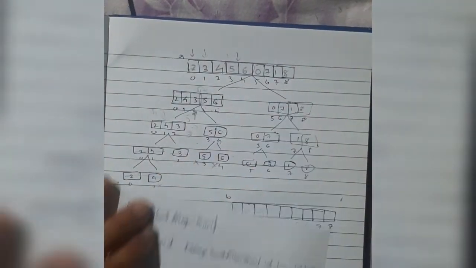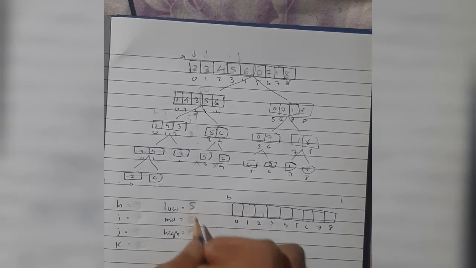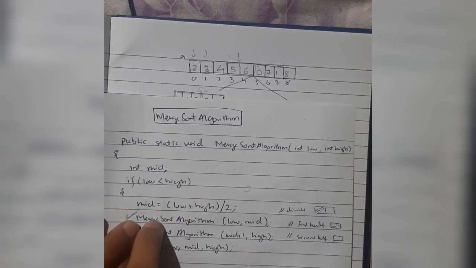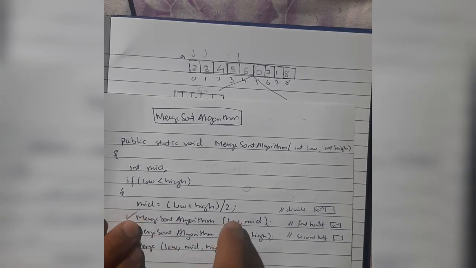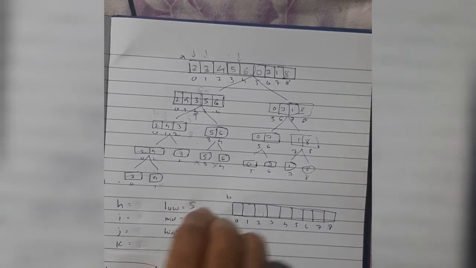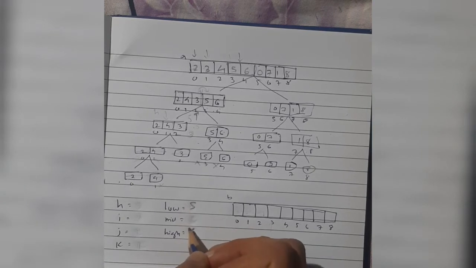Now where we are in this line of code, a 5 and 8 with the values of low and high as 5 and 8. The mid value is 6. We are here. Mid value is 6. We'll be passing the merge sort algorithm. We'll be calling this algorithm with the values of low and mid. Low is 5, mid is 6. Okay, with 5 and 6 we'll be calling this algorithm here. Okay, so let's update these values, 5 and 6. Okay, so low is 5 and high is 6. Now 5 plus 6, 11. 11 by 2 is 5. Okay, so we'll be having the mid value here, 5.